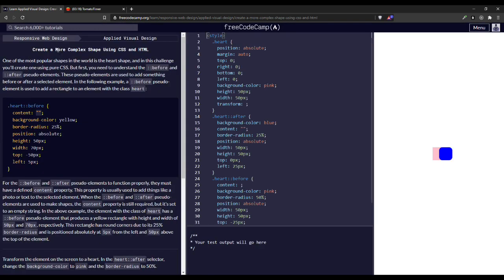Alright, create a more complex shape using CSS and HTML. One of the more popular shapes in the world is a heart shape. In this challenge, you'll create one using pure CSS. But first, you need to understand the before and after pseudo elements. These pseudo elements are used to add something before or after a selected element. In the following example, a before pseudo element is used to add a rectangle to an element with the class heart. So heart before